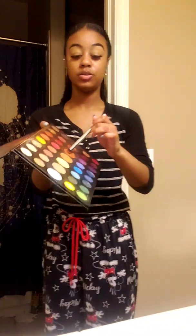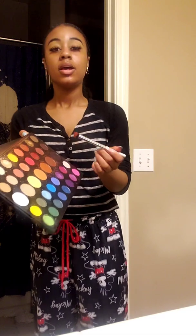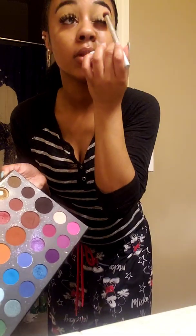I'm going to do brown, shades of brown. This is the only color I need from this palette. And I'm going to apply it to my whole lid. So I'll show you how that looks. So it should look like this. If you prefer it to be just on one lid, that's fine. I'm just going with a...